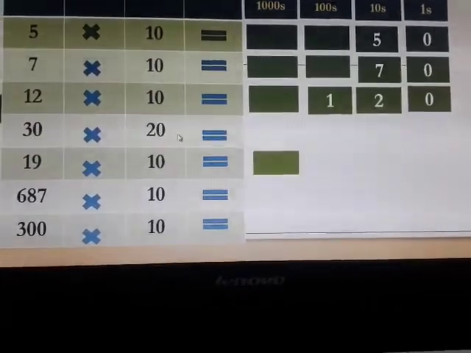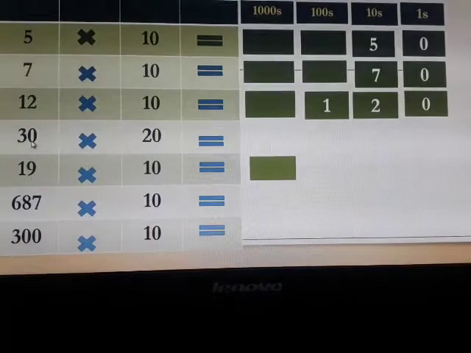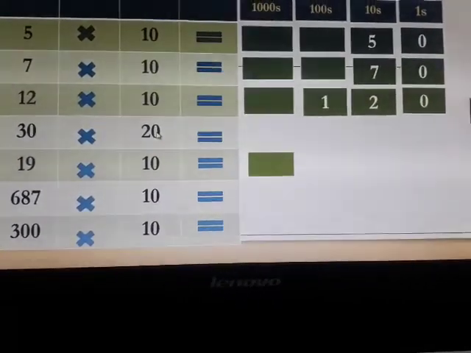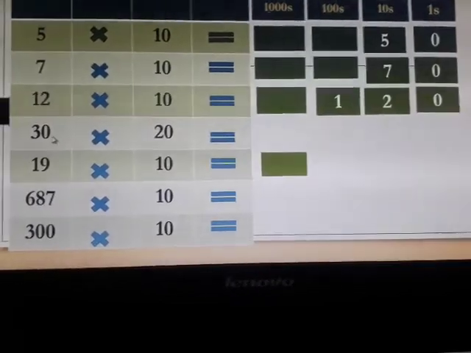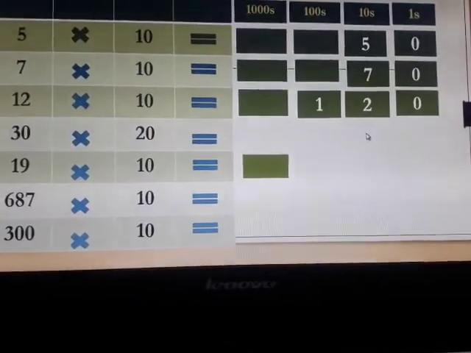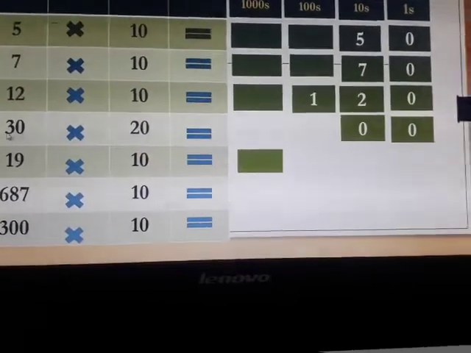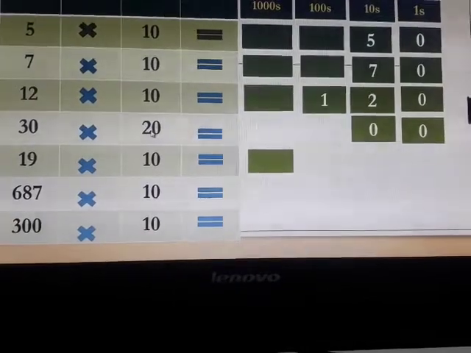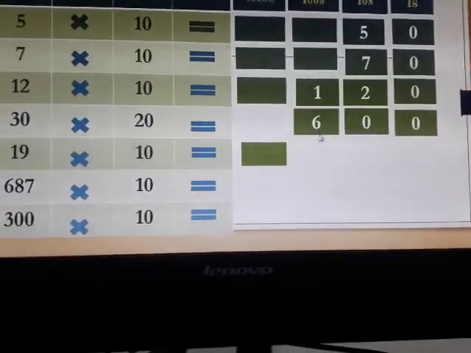Now 30 multiplied by 20. Now here if you observe, in both numbers there is a 0, means 30 and 20 both are the multiples of tens. So these two zeros you can write, one at one's place and other in tens place, like this. Now do the multiplication of numbers simply. 3 multiplied by 2, 3 2s are 6, 6 you can write here.